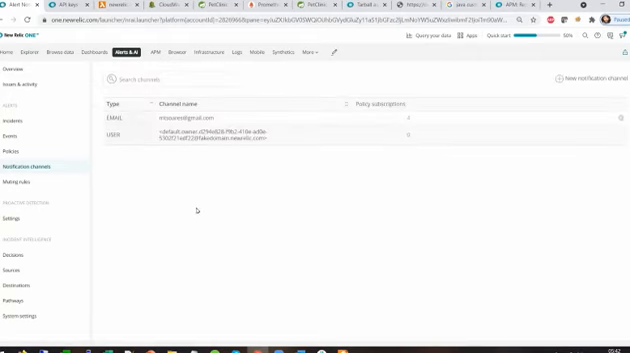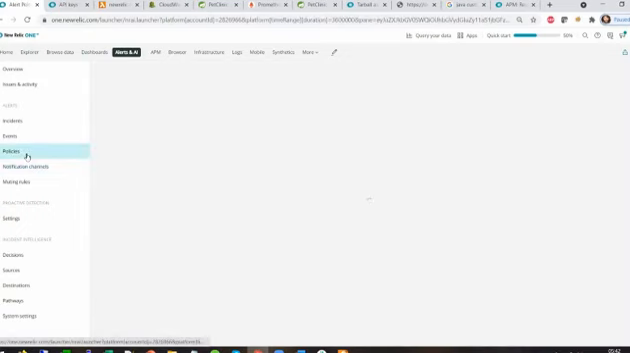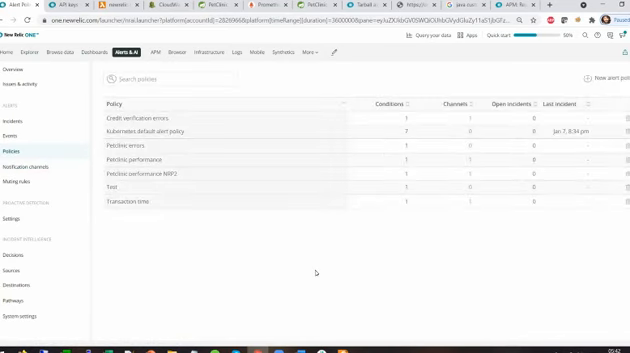Then we have policies. Okay. The policies will define when we will trigger an alert. Anytime you can create a new policy, okay, you can call it, for example, infrastructure monitoring,